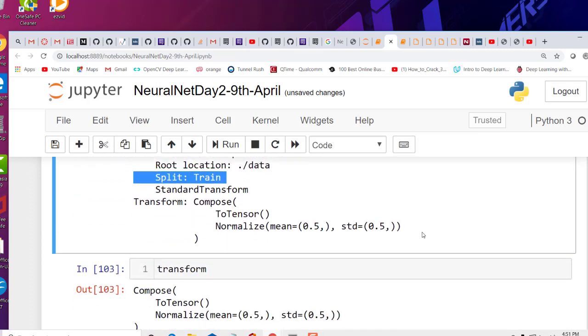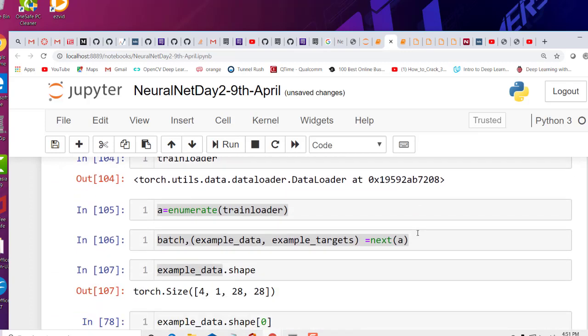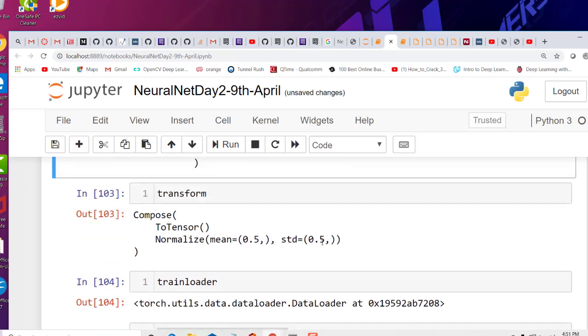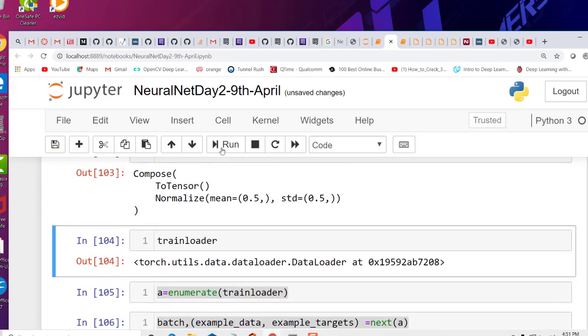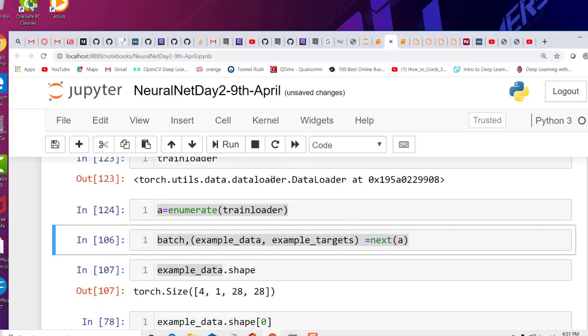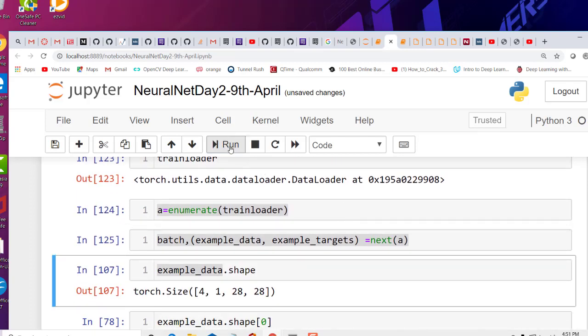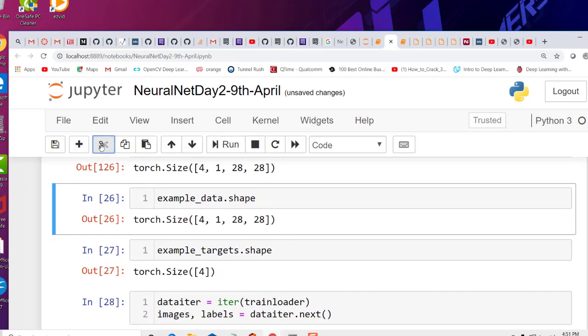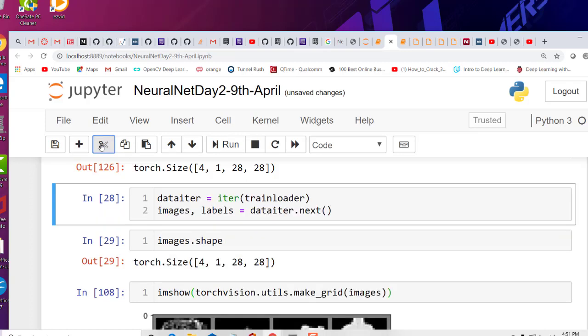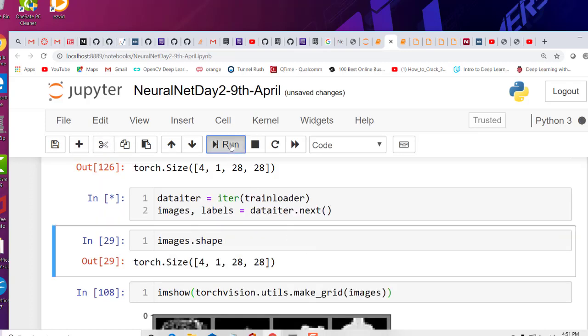So before we actually start dealing with the data, I want to first also print the data so that you know what's going on here. So let us print the data. Okay, I got example data shape. I don't need this. Okay, run.